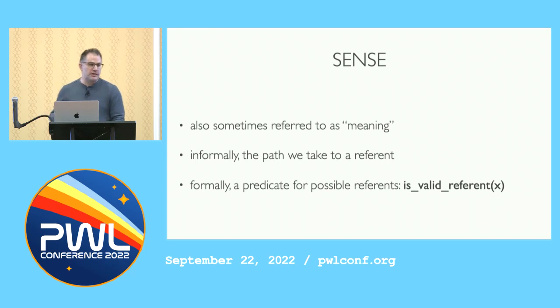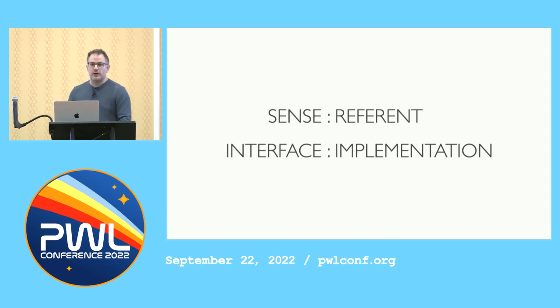And then more formally, a way to think of the sense is that it's a predicate, right? It's a way of describing the set of things that it could possibly be pointing at. And so this is a useful way to think of an interface, right? An interface has a sense, and that sense describes what sort of implementations can sit behind it, right? And as these interfaces last into the future of our code, they constrain that space, right? They give us some handle on what is likely or possible in the future.